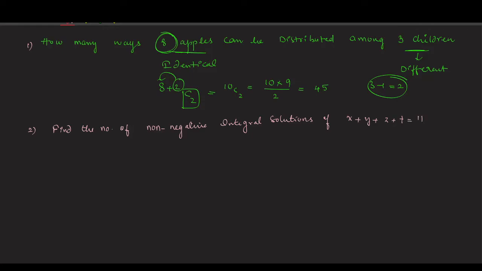Here we have to find out the number of non-negative integral solutions. Means x value may be 0 or positive, y value also may be 0 or positive, z value may be 0 or positive, and t value may be 0 or positive. And the equation is x plus y plus z plus t is equal to 11,